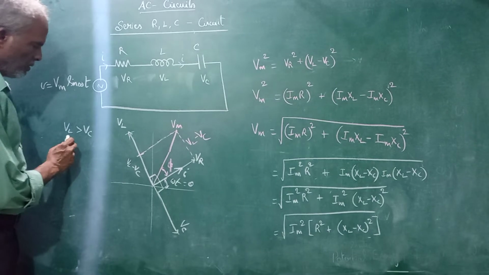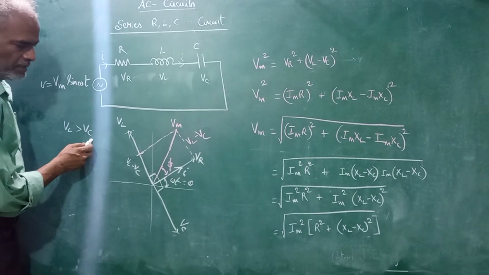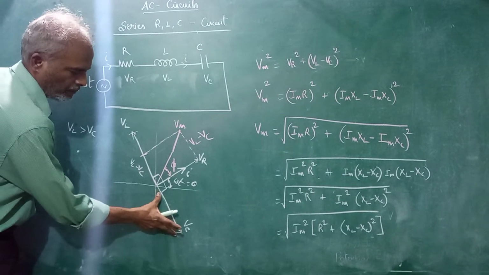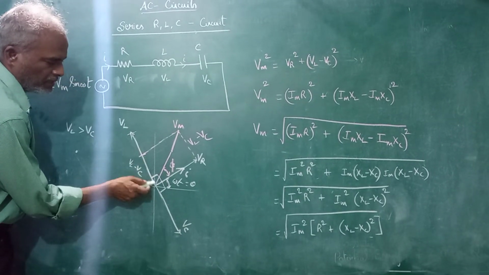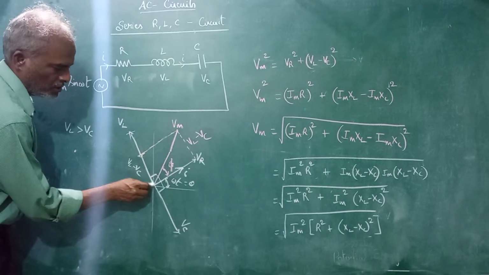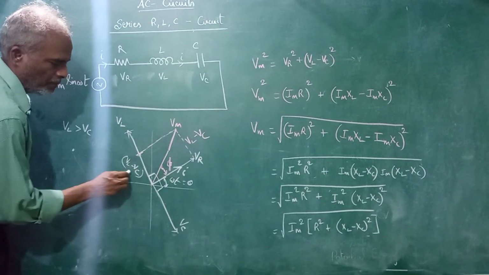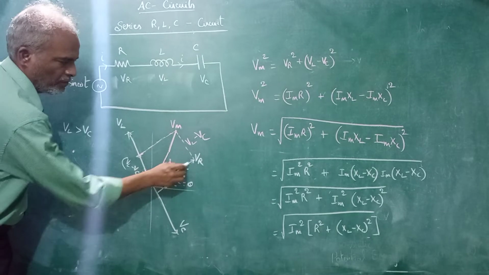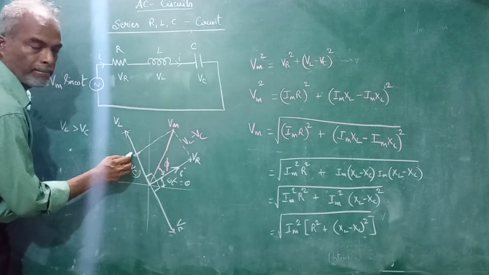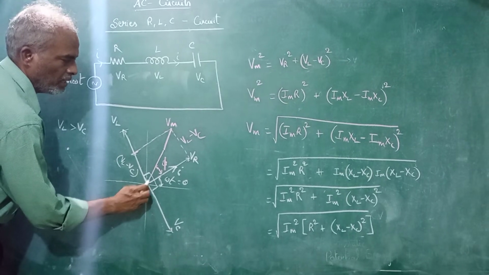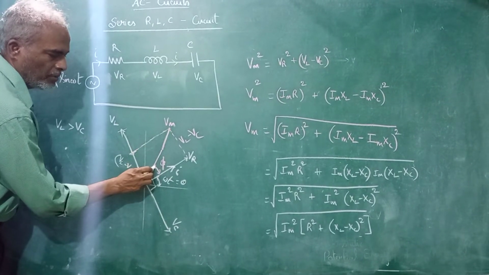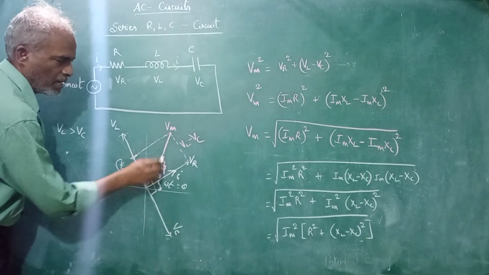Now we assume that VL is greater than VC. That means, suppose this is 10 and this is 5, the overall is 5 in this direction. So from the origin to this point, it is VL minus VC. Now here we have VR. So you complete this parallelogram. Now the resultant will be this line, that is Vm, and the angle between VR and Vm is